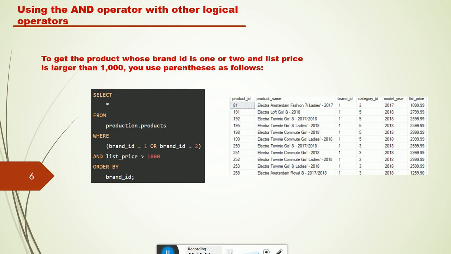So see here, brand ID is 1, and list price is greater than 1000. I hope it's clear to everyone.